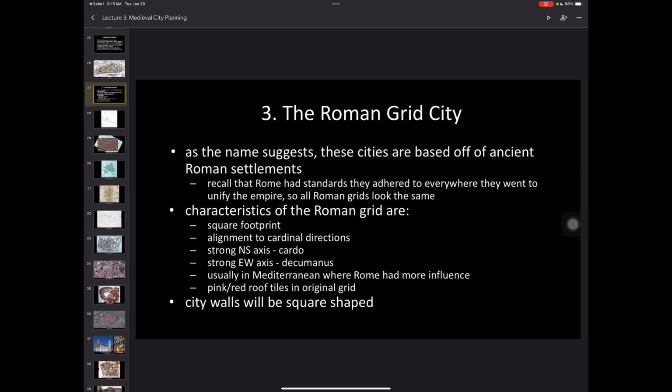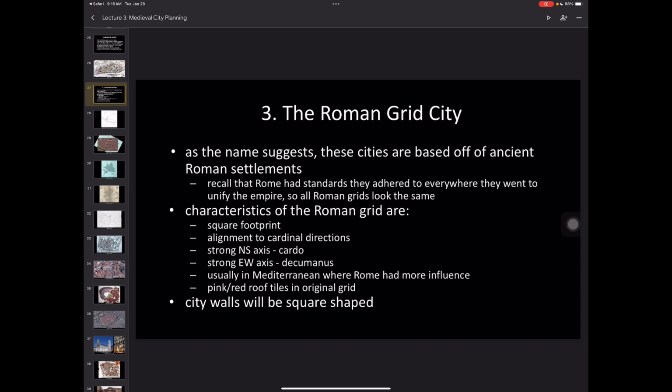It's gonna be around the Mediterranean because obviously that is where Rome was. So the closer you are to Italy, the more often that you will see this particular city type. And then another kind of small detail is if you look at it from an aerial perspective, if it looks pink or red, it's most likely gonna be a Roman grid, right? Because they used a specific pigment in their tiles. Versus when you look at Germany or you look at northern France, it begins to become more gray, a little bit more ashy, and have less color. And so usually you won't see that in a Roman grid, right? So just those really small things to keep in mind.